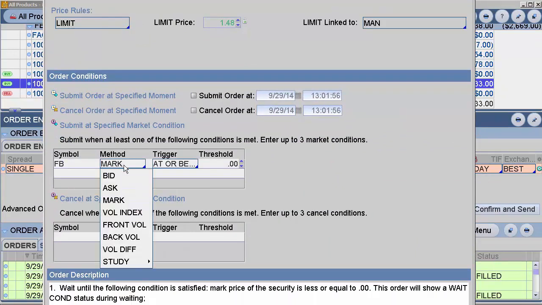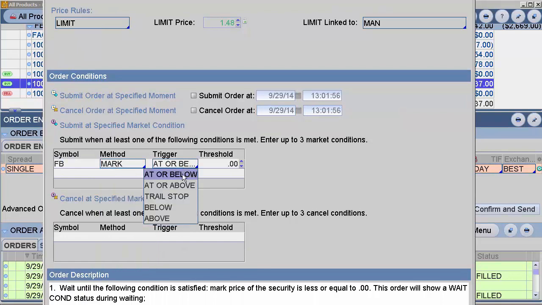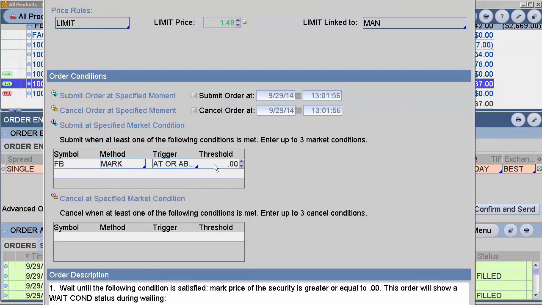It's going to give us Facebook. We're going to say when the market price of the shares are at or above the 79.28 that we just pulled from that other chart, so it's 79.28, when the price is at or above that, I would like to trigger a trailing stop. So what I do to configure that,